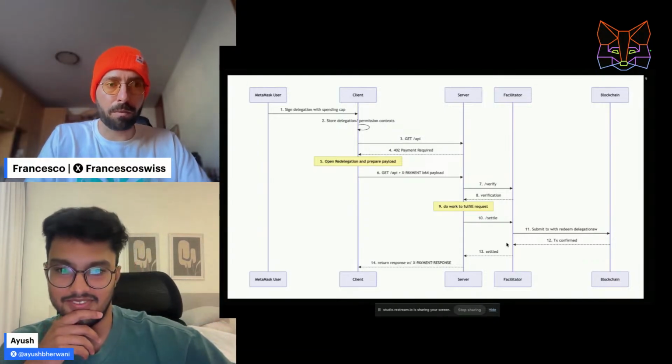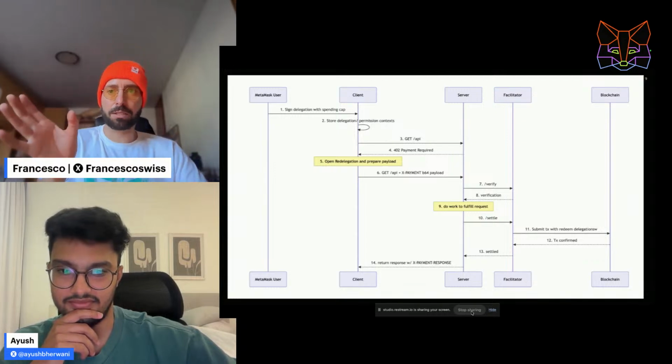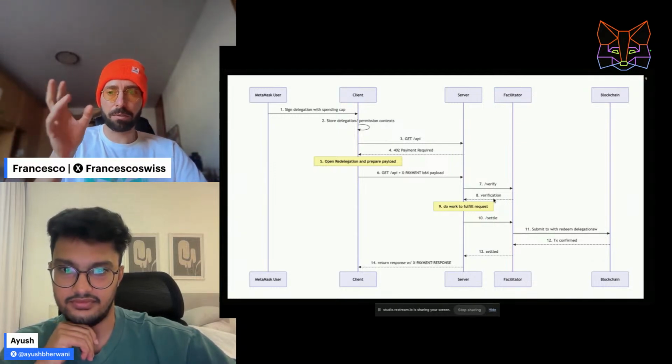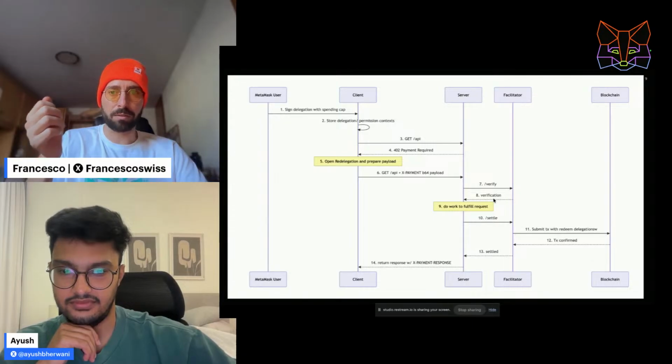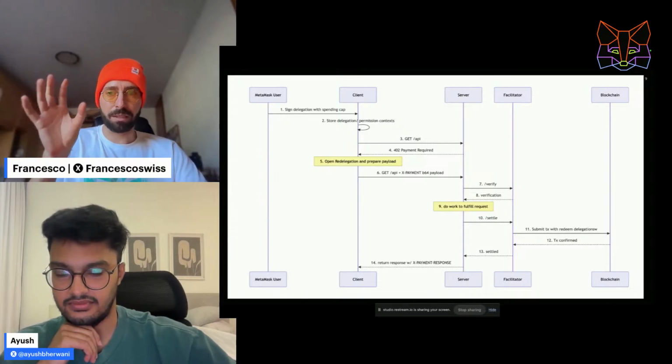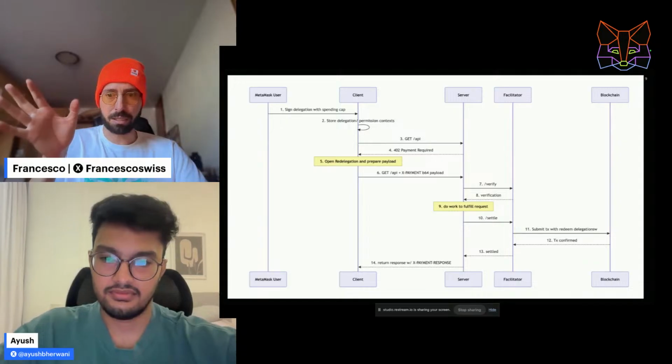Nice. Okay, so I think we are good. We give some context. For the people, we will share some links also. We just define a bit what we're doing with the MetaMask Dev Cook-Off. We define what is actually x402.